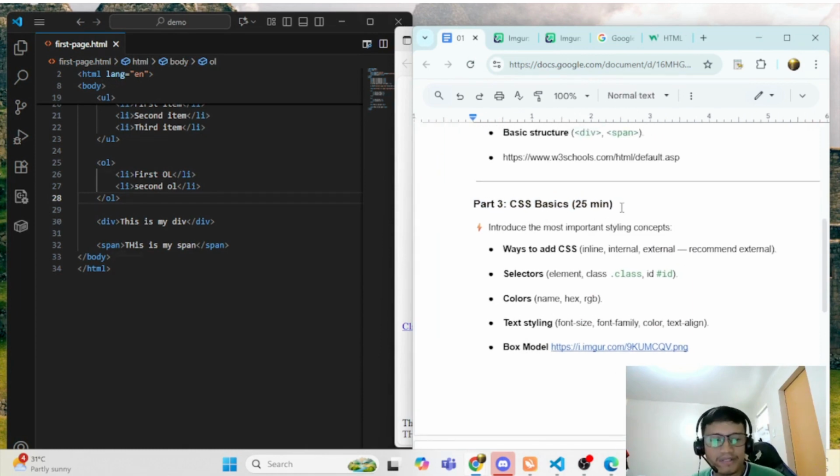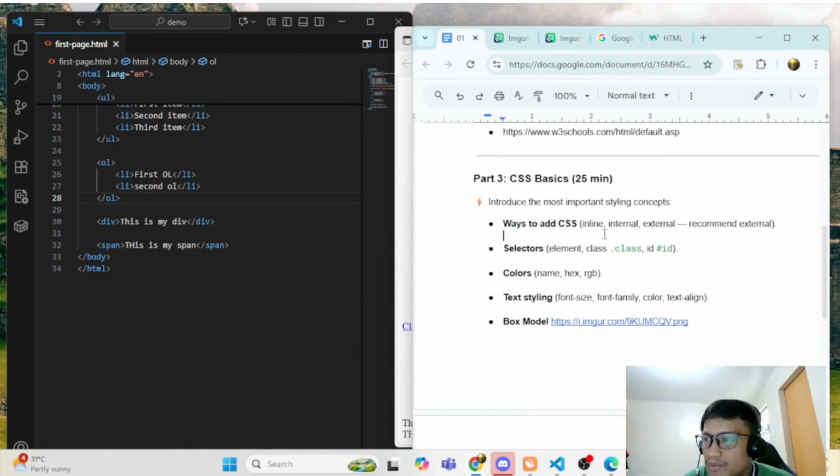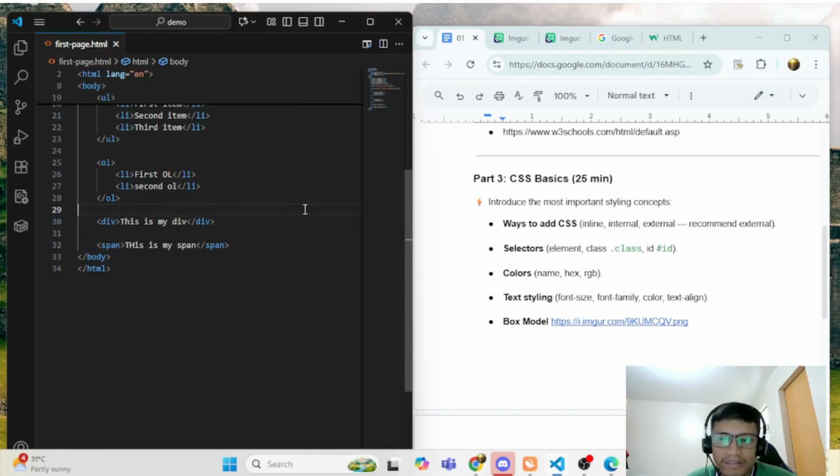By the way, if this video is too fast, you can still replay it later on and then adjust the setting. For CSS, there are different ways to add styling on your website.